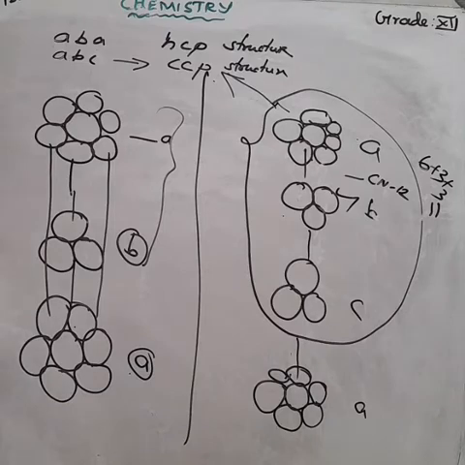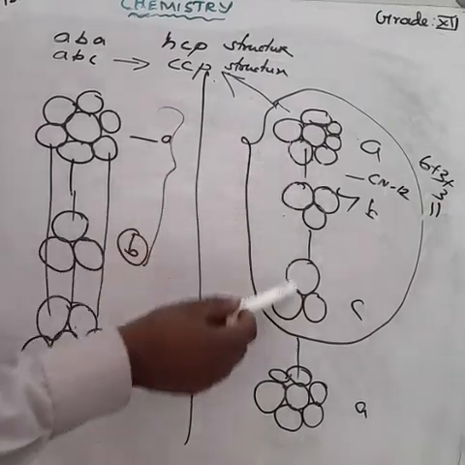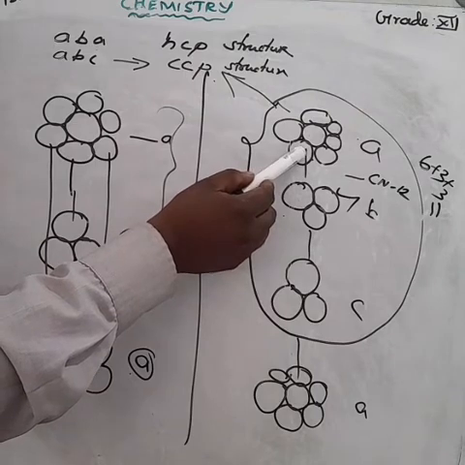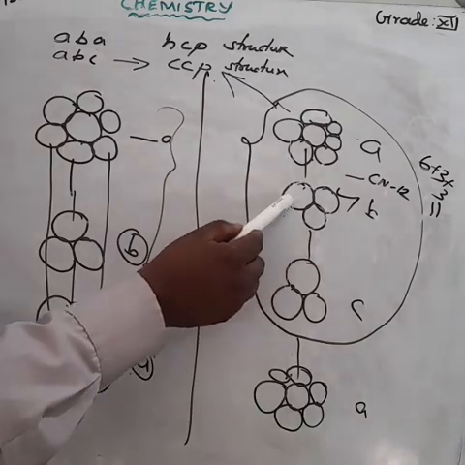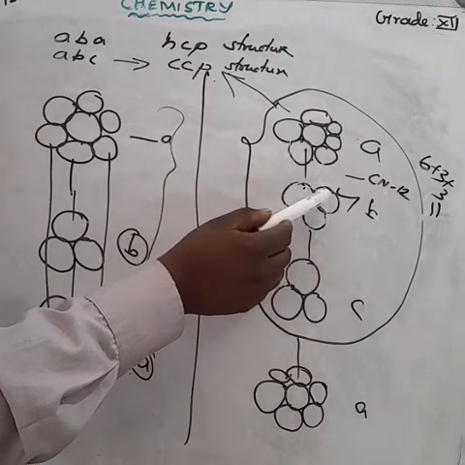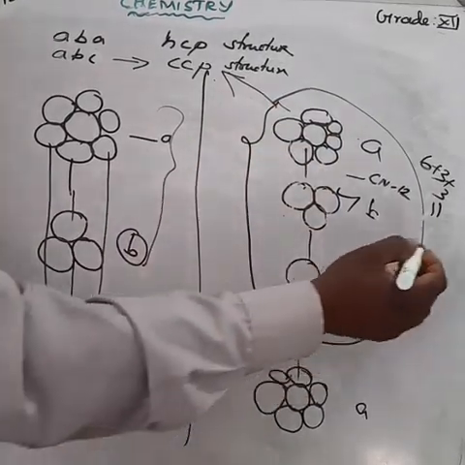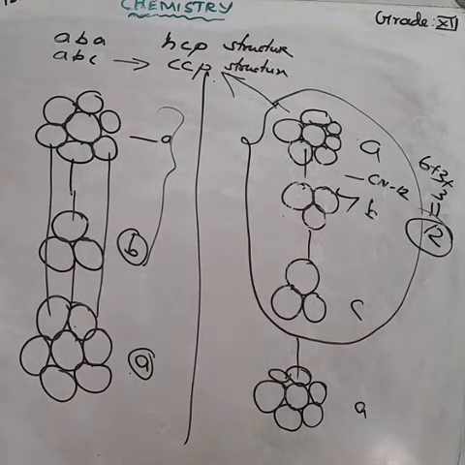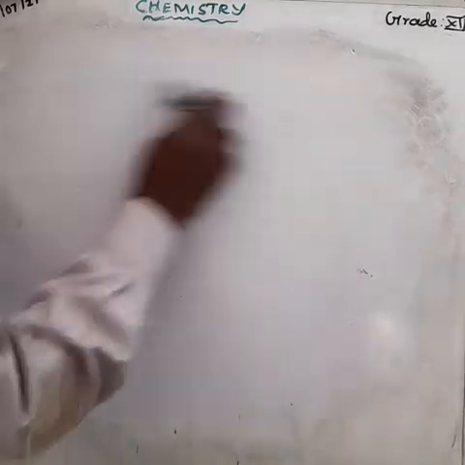That last diagram, ABC arrangement. In the first layer, the middle of the diagram, I have 6 spheres. After the 6 spheres, in the next layer there are also 3 spheres, and there is another 3 spheres. Am I right? This type of sphere arrangement is the most efficient packing. This is about the formation of the third layer. Next we can discuss about that.